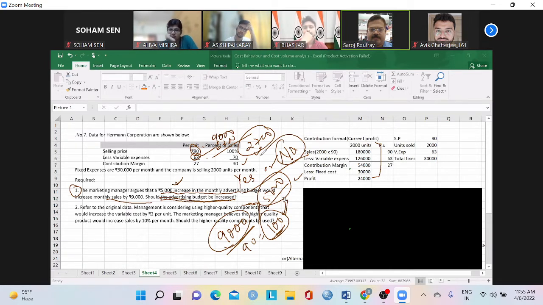Then the second thing, how can we find that out? There are various ways to find it out. It depends on how good you are in grasping this kind of situations and figuring out the calculation, but there is no standard way. I got the answer like this. I can get the answer the other way also. Every unit I will get 27. So if I can sell 100 more units, I can save 2,700 and my additional cost is 5,000. Okay, that is one way.